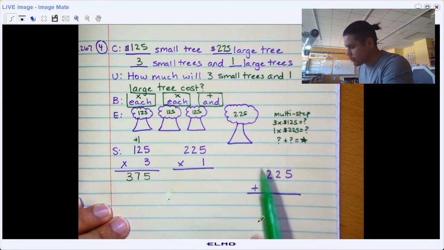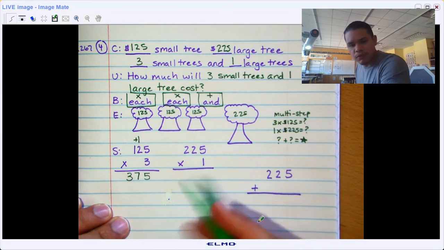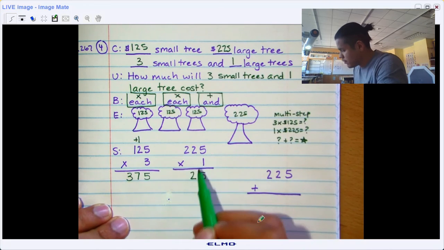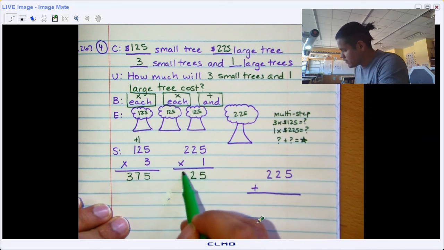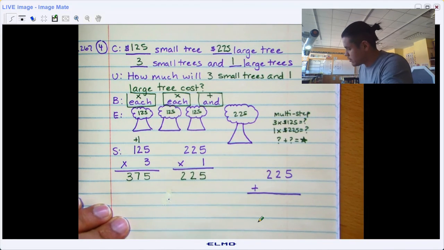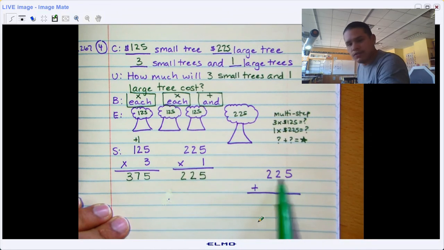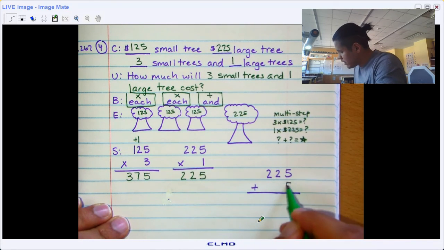225 times 1 is 225. I'm sure you know that, but let me prove it to you using this algorithm. 1 times 5 is 5. 1 times 2 is 2 tens. 1 times 2 hundreds is 200. See how we get the same thing. All right, so 225. And I know that I need to add, so I'm going to add 225 plus